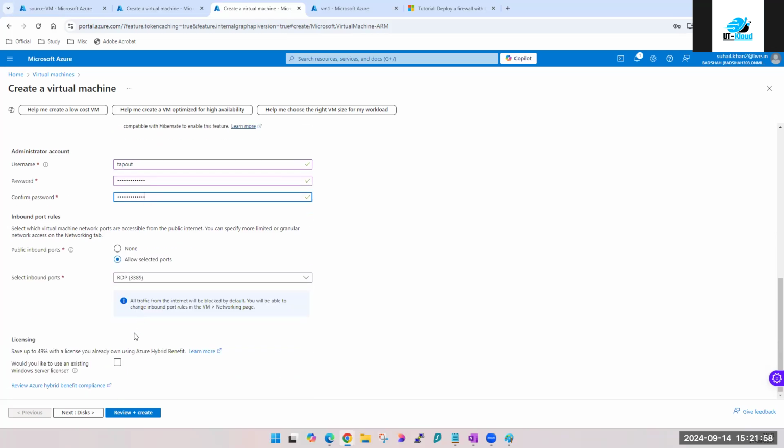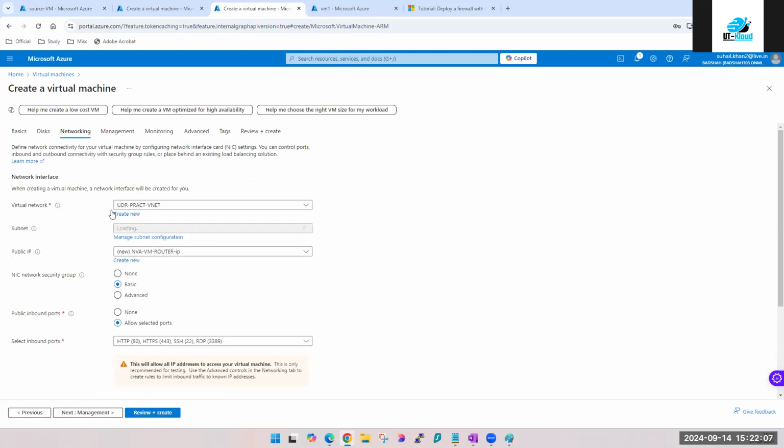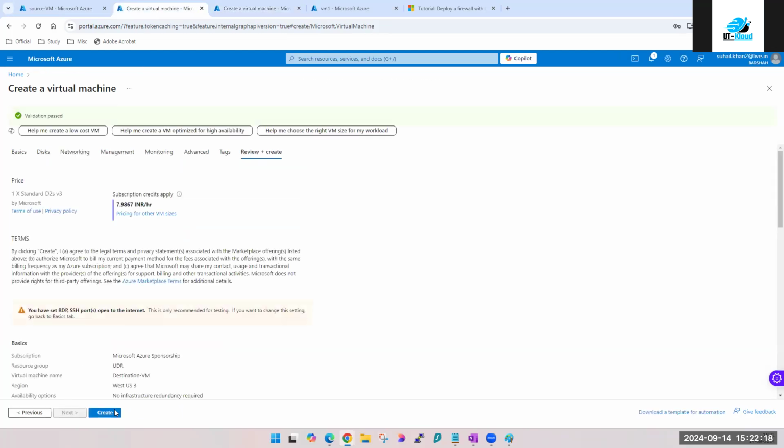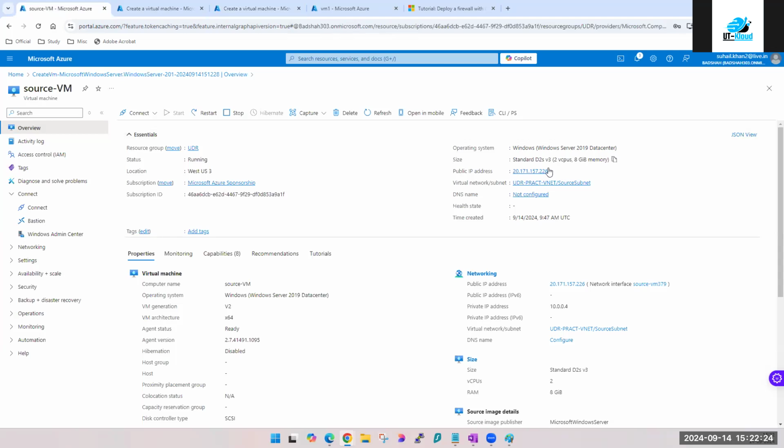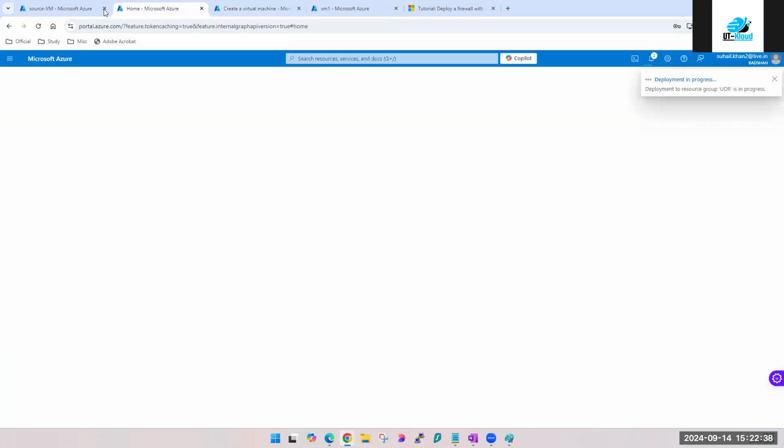The very first thing we are going to do is check whether these machines are pinging each other or not. So under networking, though this is not necessary, I can have all of those machines in the same subnet, right? But let's say network virtual appliance subnet. So my destination machine is being created now. Source machine has been created. I'll open the source machine. This is going to be my virtual appliance.